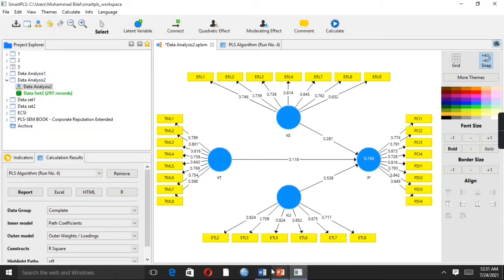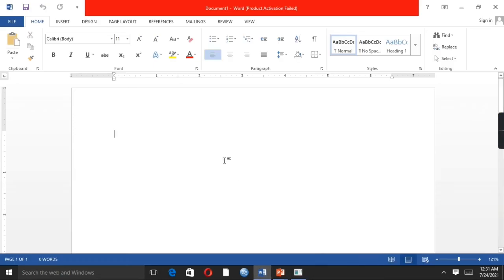Just click into it, open your Word document, which is basically data reliability analysis.